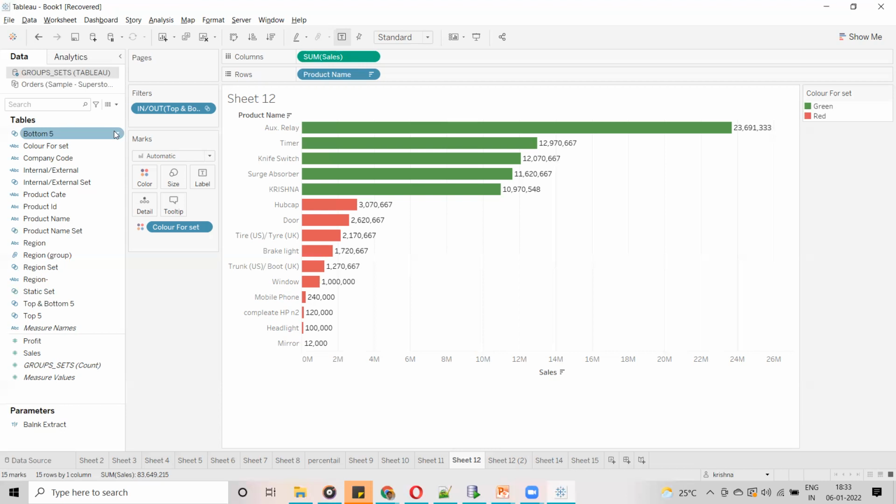Whatever filter we give in the filter list, we are giving flexibility to the end user to enter the required value. Now if Suresh enters 8, automatically he can see 8 records. If Bharat enters 10, he can see 10 records. If Sheikh enters 15, he can see 15 records. 15 means top 15 and bottom 15. This is how we give the flexibility to the end user to enter a value.